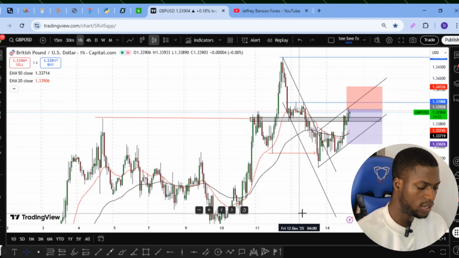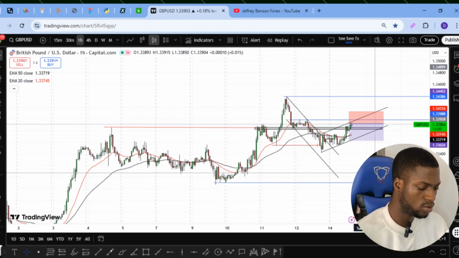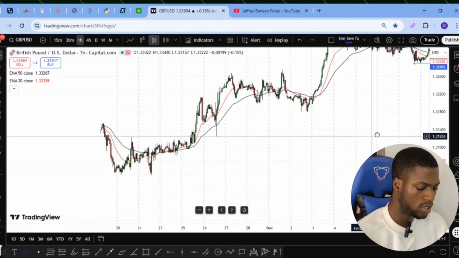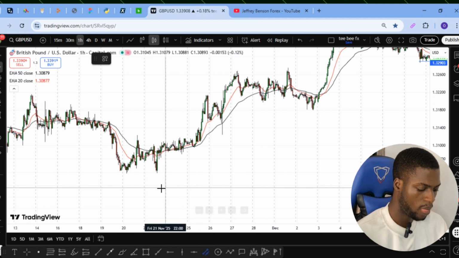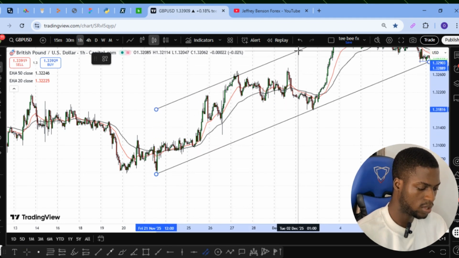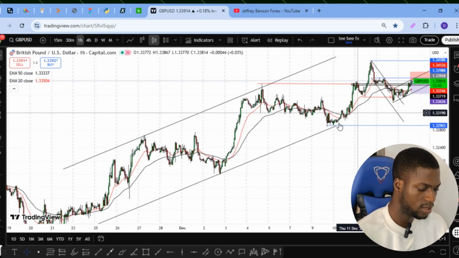And one of the reasons why I went for sell 2 was because I'm expecting price to come to a trend line at the bottom. So there's a trend line coming from this bottom that price did not really get to last week. Price didn't get there, so I was really expecting price to get to this trend line today,